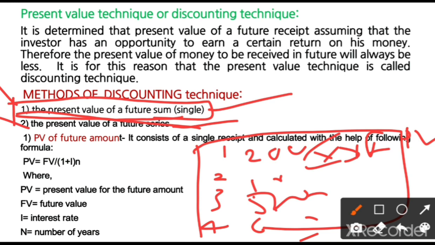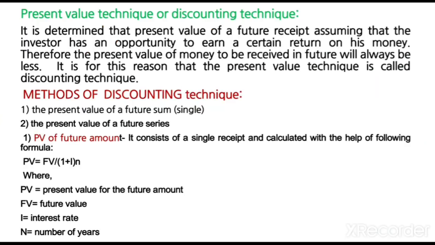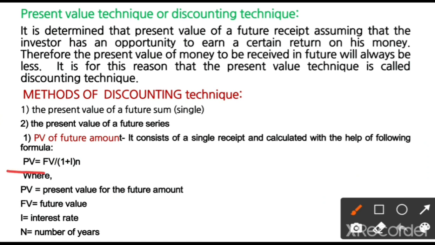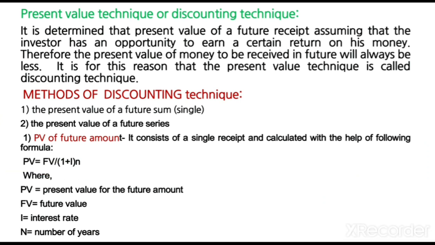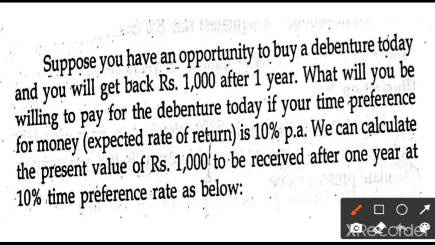For example, see, this is also a formula and this is also a formula we use to calculate the present value. Based on the information the formula will change, but finally we are calculating the present value. In this type of problems they ask to calculate the present value, but it is for a single year, it is 1 year. Single means directly the first year or directly the 5th year, directly after 5 years, after 6 years, they focus on a particular year. So that is what single based means.